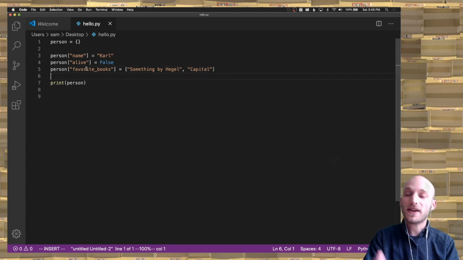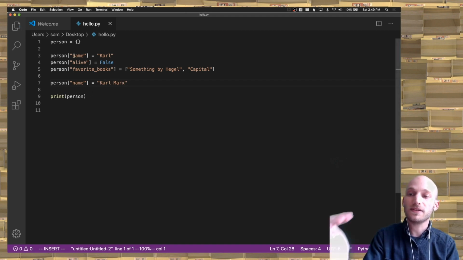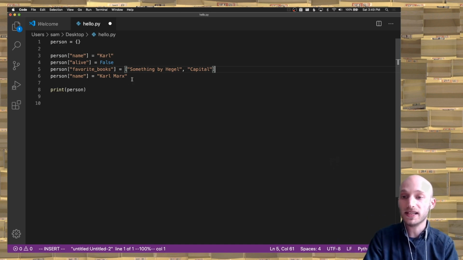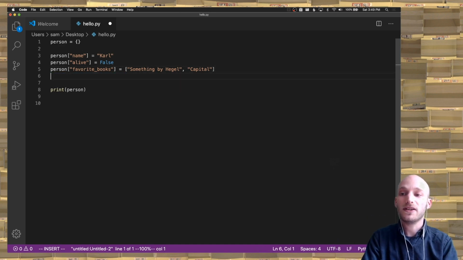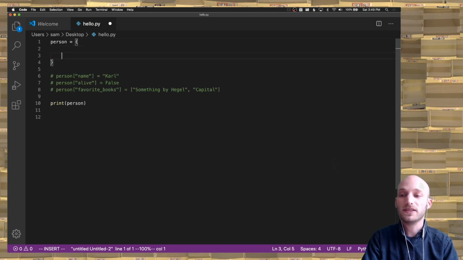I can also overwrite existing values. I can say person name, reset that to, let's say, Karl Marx. If I wanted to, instead of defining these values one at a time after I create my dictionary, I could create a dictionary with values already populated into it. So I'll delete that part, and I'll just comment this out for a moment. Person equals,